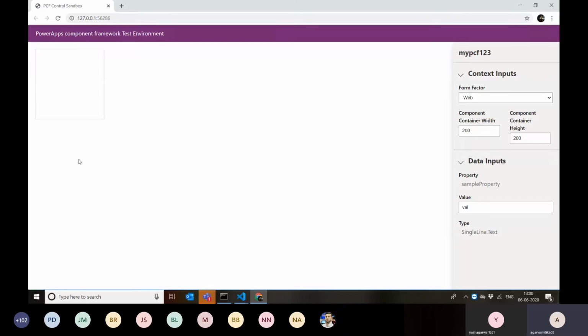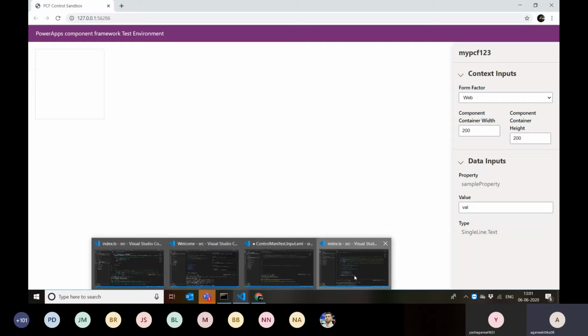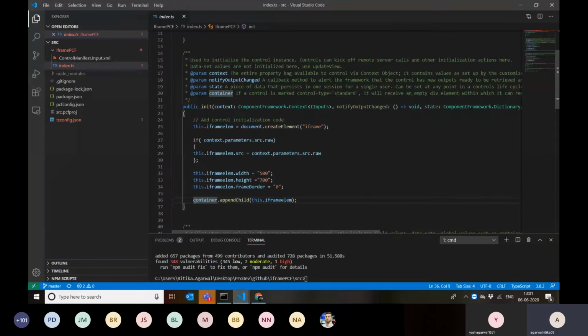Any element that I append to this container is going to be inside it. If I added, let's say, text here, it is going to come here, not somewhere in a different place. So I am going to enclose all the elements inside this container only, and that's what I'm doing here with container dot append child, and then adding this iframe element.